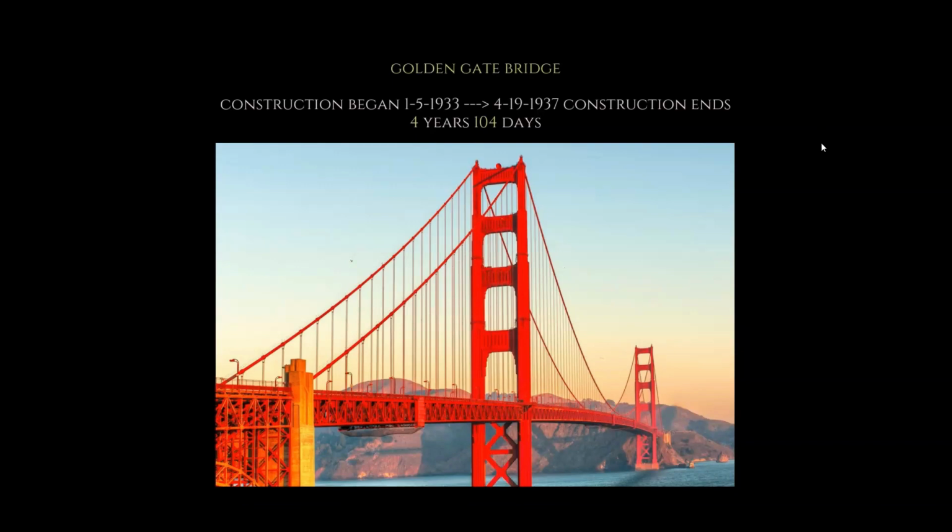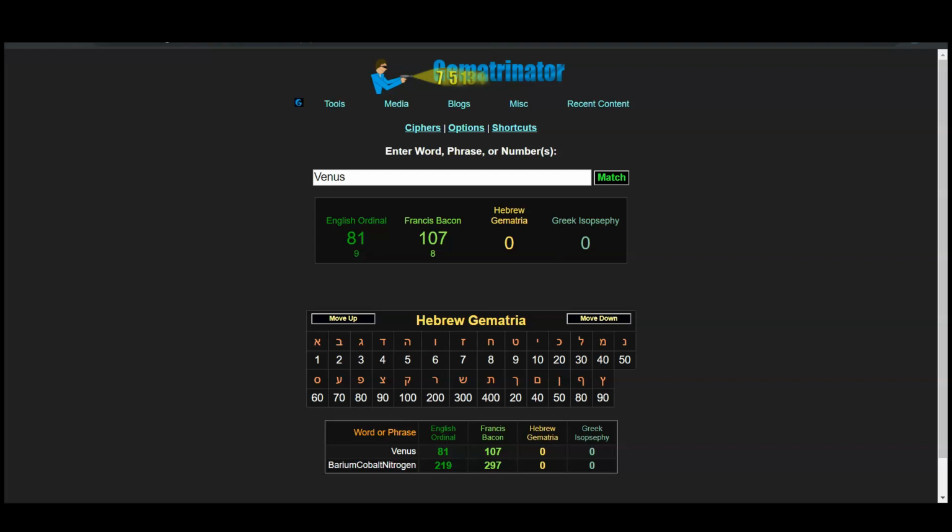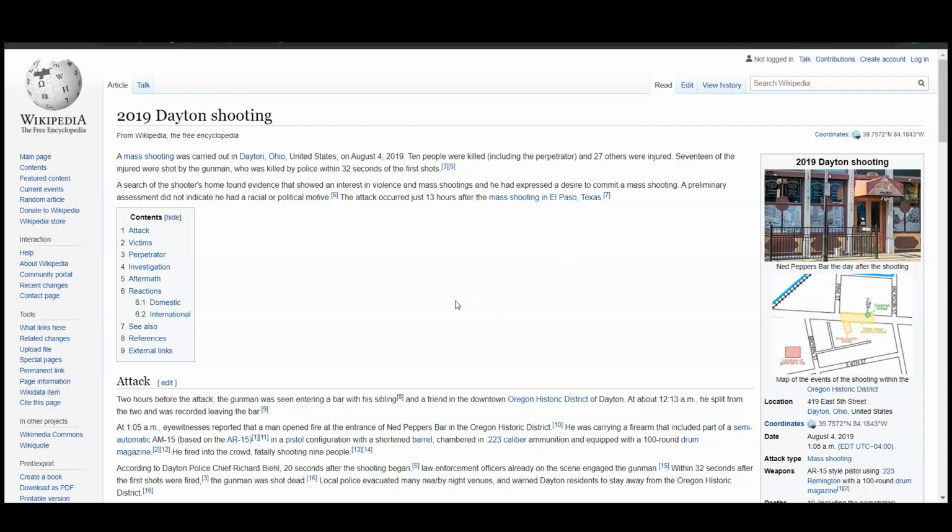And remember, a few videos ago I showed you guys that the Dayton, Ohio shooting was at the address of 419. You just had the 419 East 5th Street: 419, the 81st prime; East, the sun rises in the East; 5th Street, the 5th element is the ether, or wood. And Dayton, Ohio